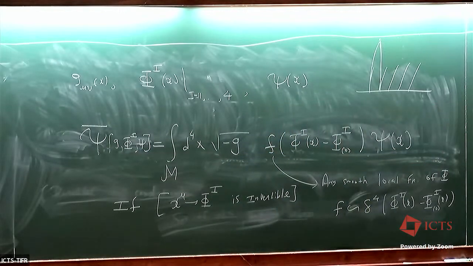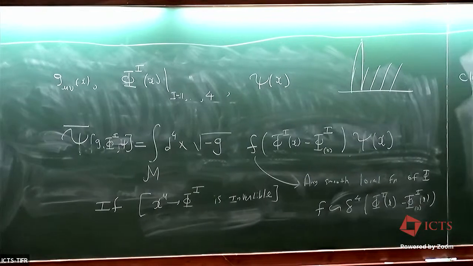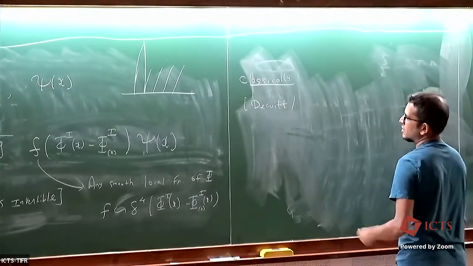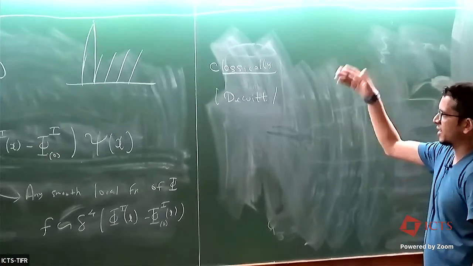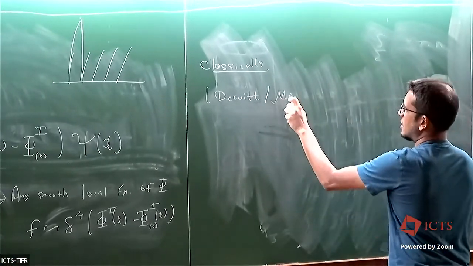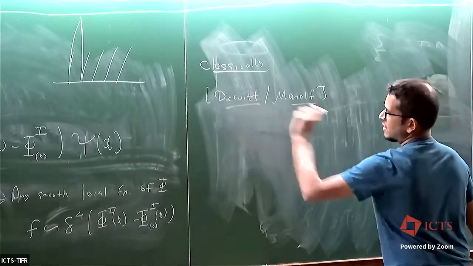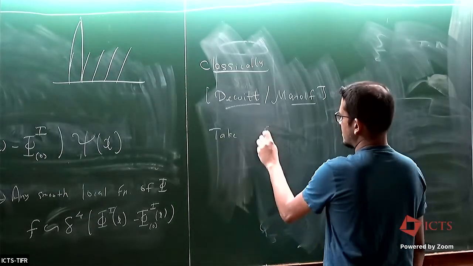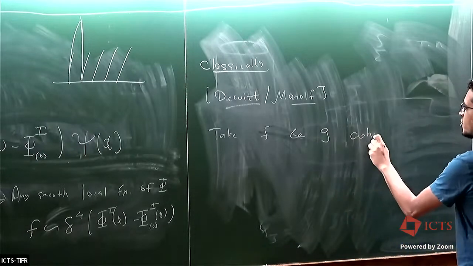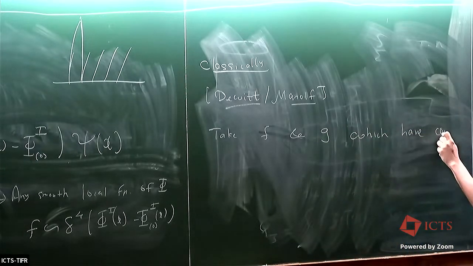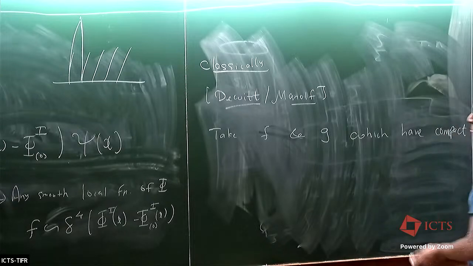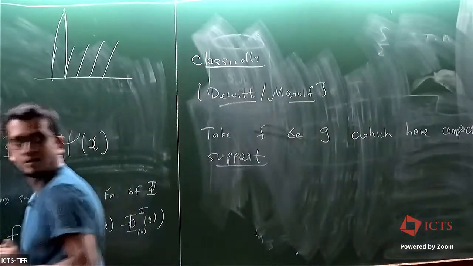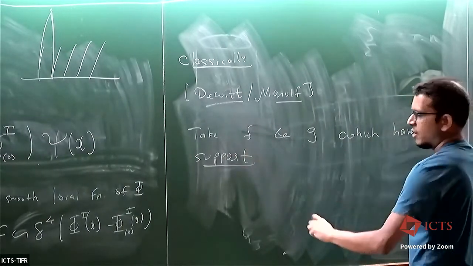So one can check classically, and this is a result one can prove, and this was proved long back by DeWitt, and then it has been brought again into the mainstream by Marolf in a series of papers. The statement is the following: if you take two functions f and g which have compact support, this is extremely important, I'm assuming this is true,